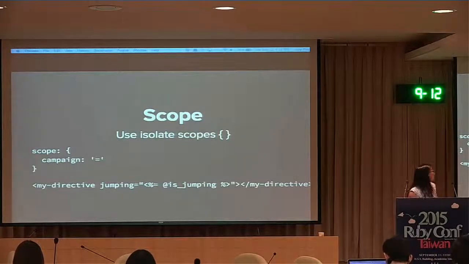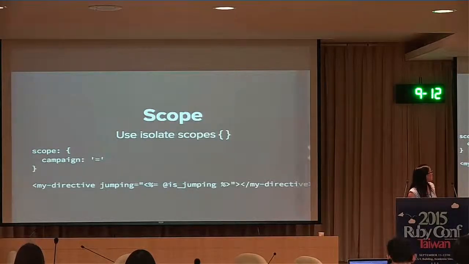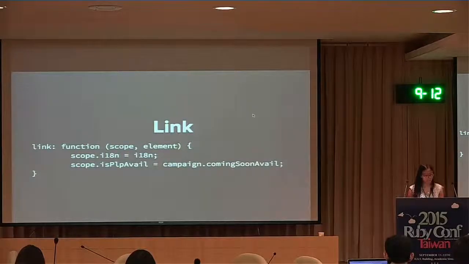And then the last thing that I want to show you is link. You put all of your business setup logic in here. For example, functions that you might call on ng-clicks, or let's say you need to initialize with some state that you're passing in with a scope object. You use link to set scope.mything, and then your directive, your template will have access to this thing. So, right? Okay.